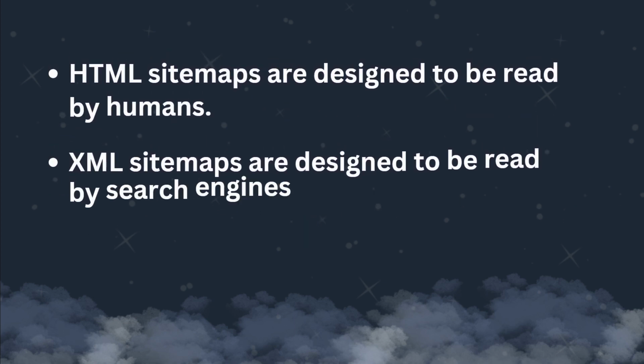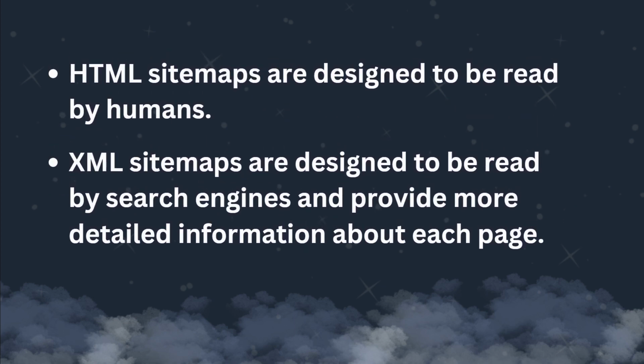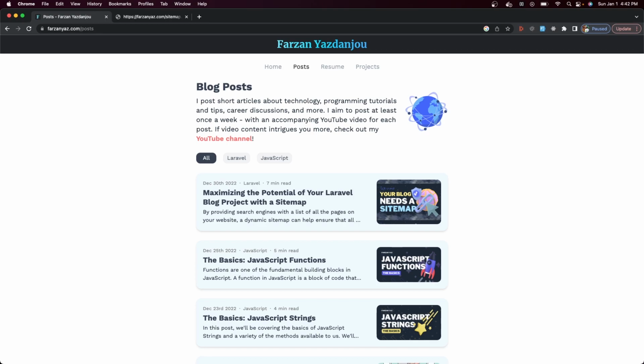There are two main types of sitemaps. We have HTML sitemaps, which are designed to be read by humans, and XML sitemaps, which are designed to be read by search engines and provide more detailed information about each page. Sitemaps are especially useful for large websites with a lot of pages or frequently updated content such as blogs. By providing search engines with a proper sitemap, we can ensure that all of our website's content is properly indexed